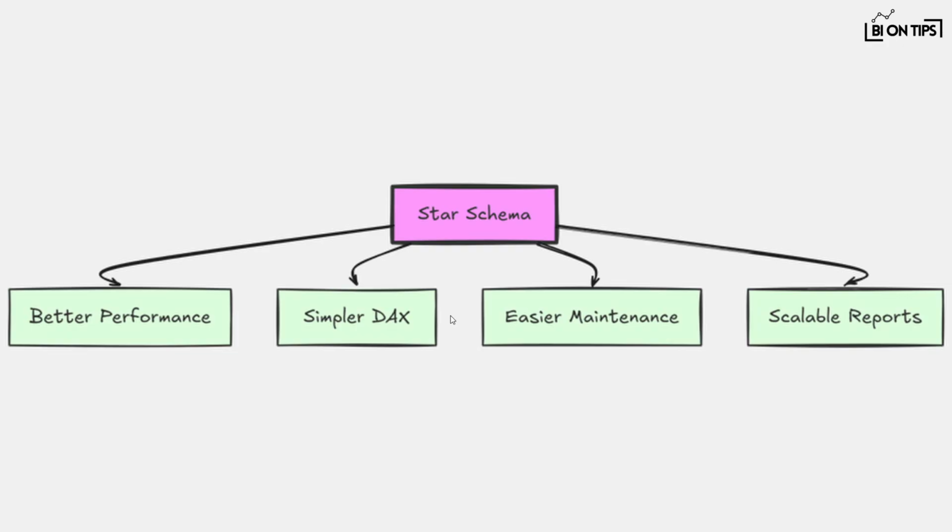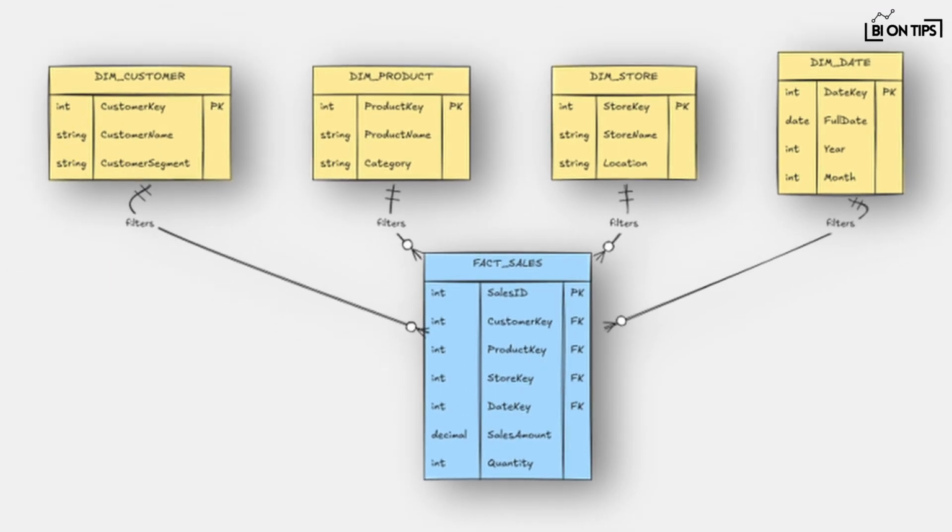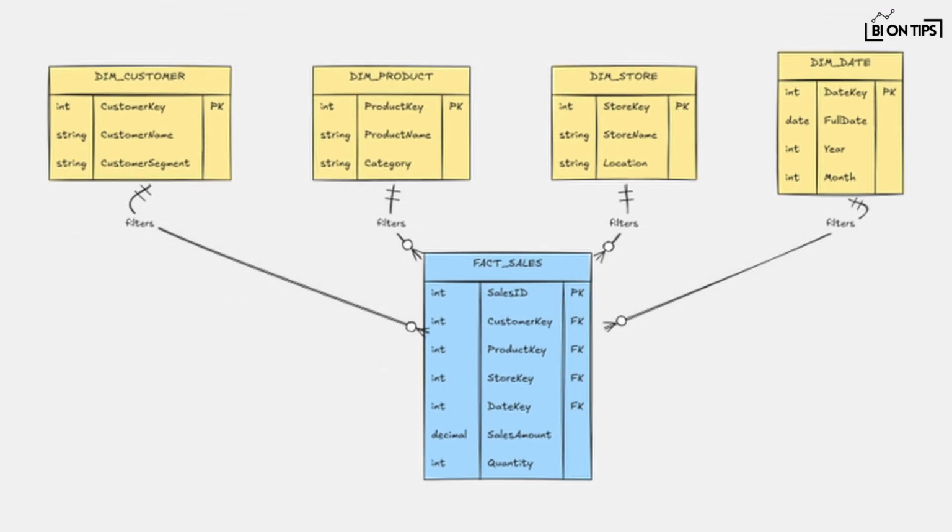Now let's understand relationships. Relationships are what connect our fact and dimension tables together. For example, customer ID connects our fact sales table with the dim customer table. Product ID can connect fact sales with dim product, and date can connect fact sales with a date dimension. Once these relationships are correctly configured,